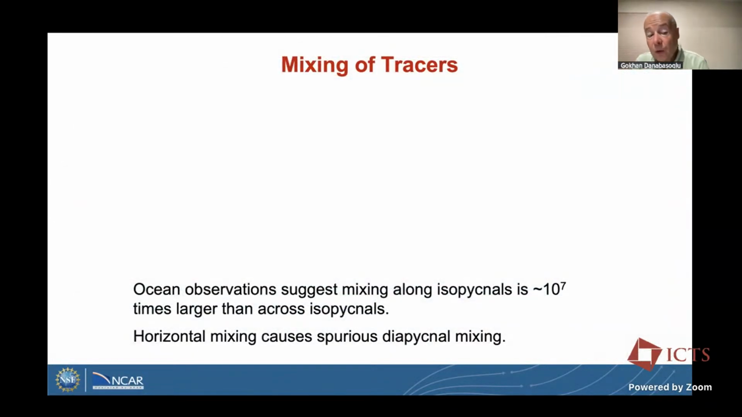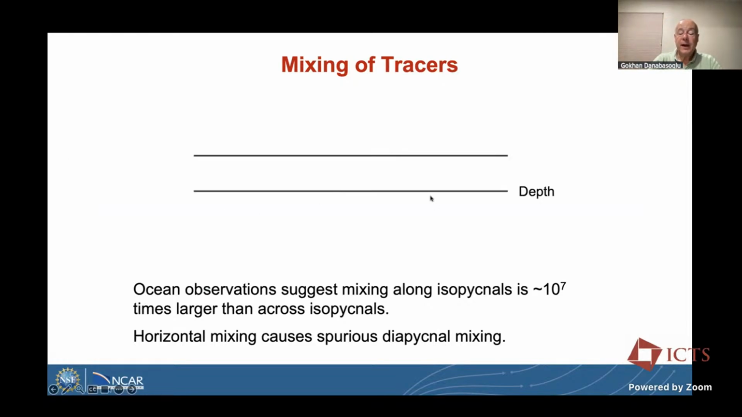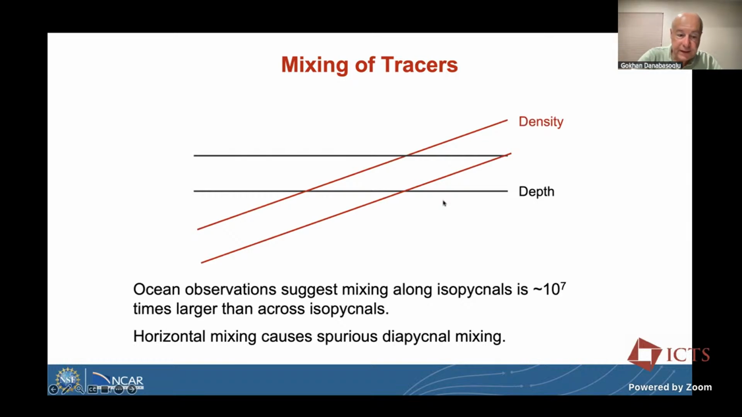So ocean observations are suggesting, as I said yesterday also, that mixing in the oceans primarily occurs along isopycnals rather than across isopycnals. So we tend to call along-isopycnal mixing adiabatic mixing, and we tend to call cross-isopycnal mixing diabatic mixing. I'm showing here schematically density surfaces, which are given in red, and the black lines